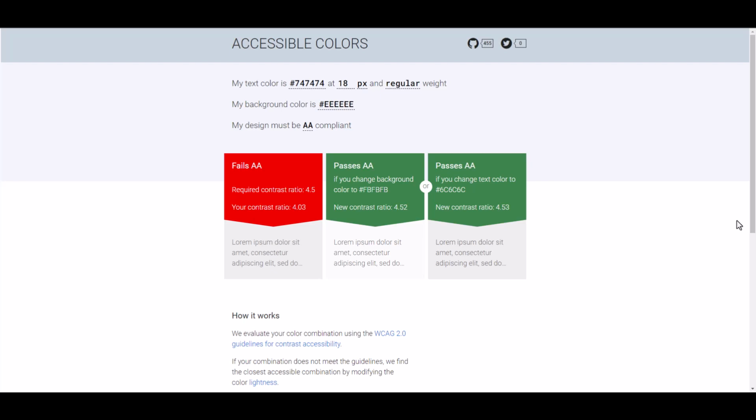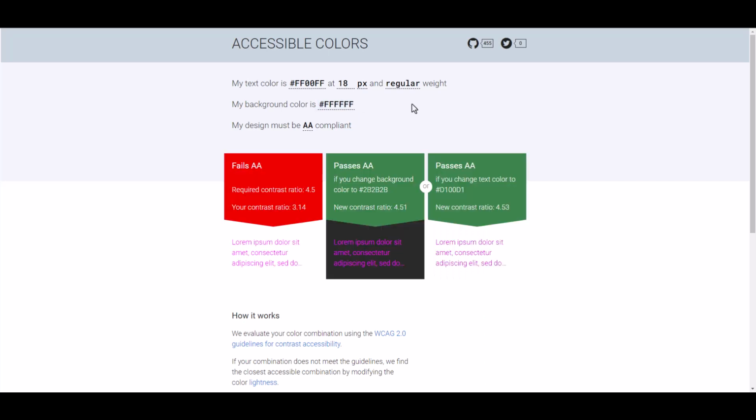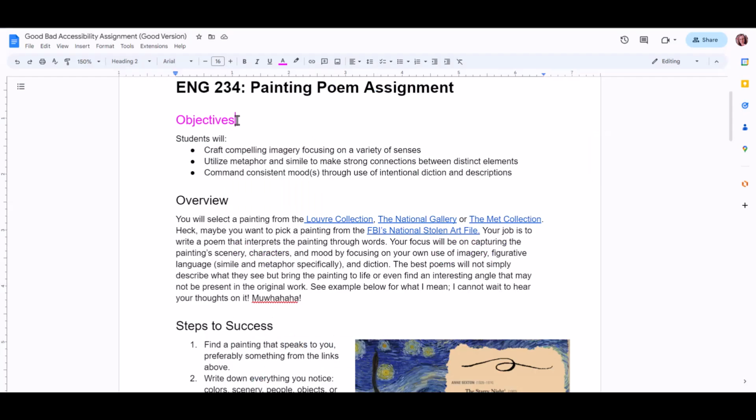Paste the color's hex code in the text color box. We'll change the background color back to white, which is all Fs, and let's see what it gives us. First, it tells us that this fails the test, but we knew that already. More importantly, it gives us a couple suggestions to make sure it passes by changing either the background color or text color. Let's take this background color by copying the hex code here, go back to our doc, and click